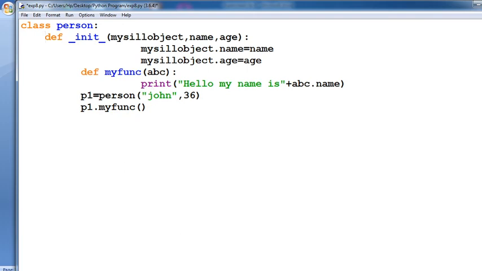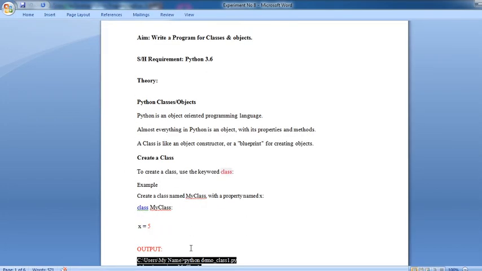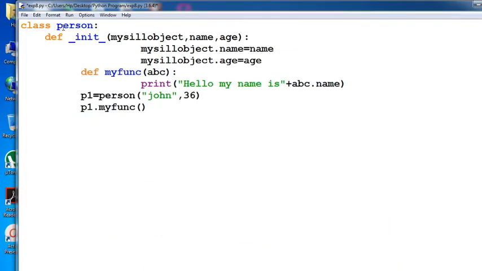See here the syntax, defining that particular function, that is my person. Now at line number 7, 1, 2, 3, that is defining John and 36, the name of that particular person and the value of that particular function.